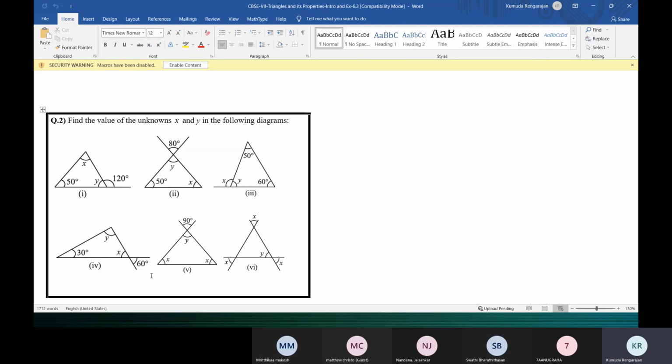What will be the three interior angles of the triangle? Ma'am, x and then y. They have given x, wrongly, ma'am. No, it's correct. They have given x here. If it is a vertically opposite angle, that also should be x only, no, ma'am? Then why have they given y? They've just used a different letter. But from the positions, you can make out that they are vertically opposite angles and they're equal. So the value of x is equal to the value of y.